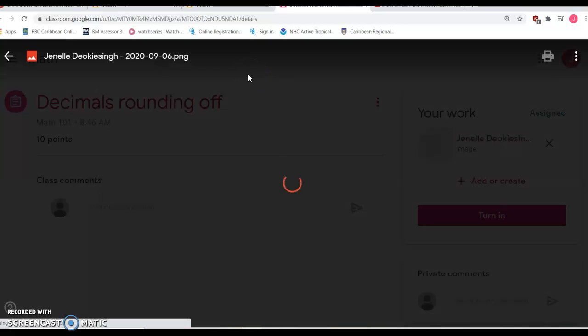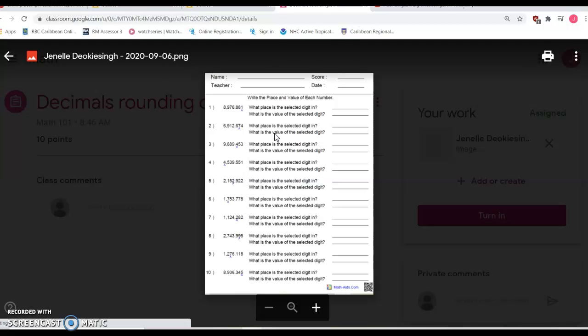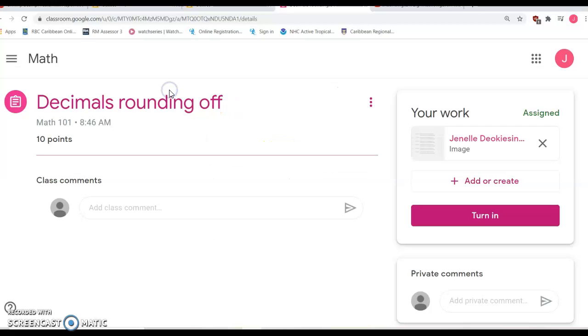Well, I don't think this was rounding off. I just chose a random exercise, right? And that will be the exercise once you open it. Now what you're going to do is write in your notebook. You're going to write the date, maths, whatever, and then you are going to do your working and so on in your notebook. And then you are going to take a picture with your phone or your tablet, whatever, and then you're going to add,